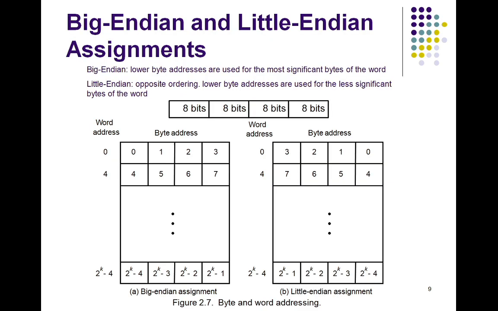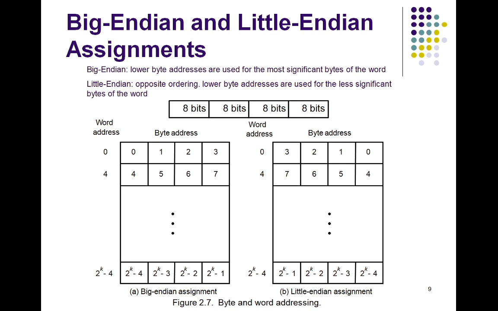Then the next important concepts are the big endian and the little endian assignments. These are the two types of memory assignments: one is big endian, and the other is little endian. These are how the 2 byte addresses can be assigned across the words, which is clearly shown in this particular figure. As you can see in this figure, there are two ways of memory representation, or memory assignments. One is big endian and the other is little endian assignment.